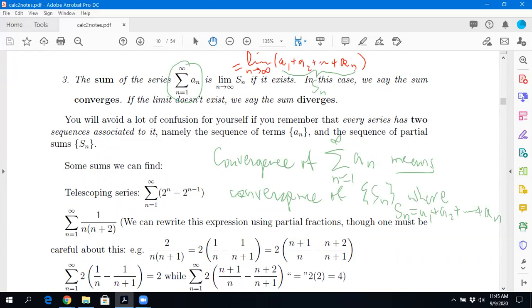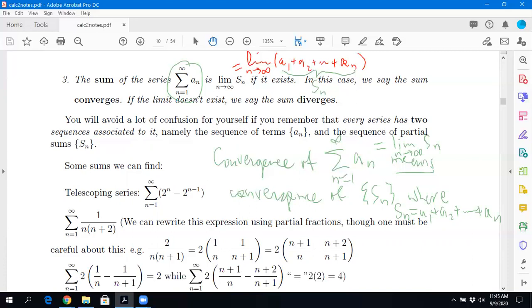And this thing is equal to the limit as n goes to infinity of Sn, right? I mean, that makes sense, doesn't it? Because limit as n goes to infinity, that just means I've added all the terms together, basically, yes? It's the limit as n goes to infinity of the sequence of partial sums. Okay, the sum of the series is the limit of the sequence of partial sums if that limit exists.